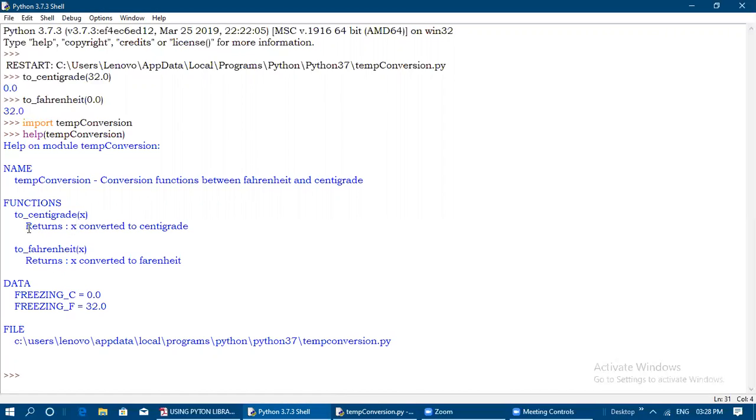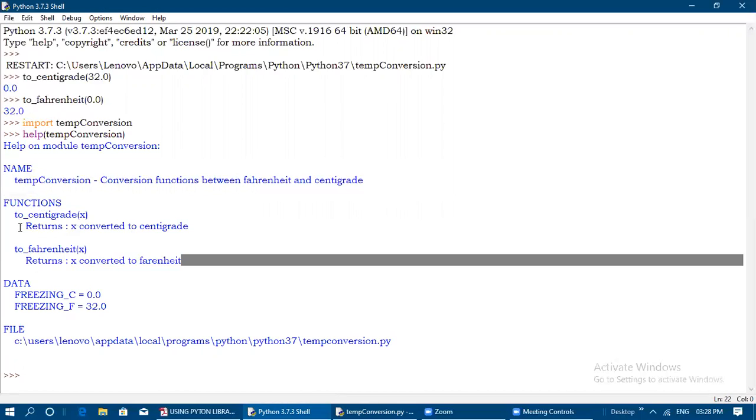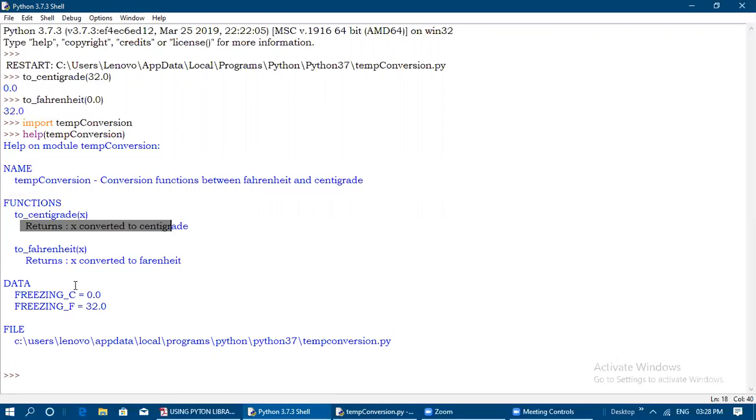The docstrings we have mentioned are also displayed here, along with the document name and the purpose of this module. Under the module name we get this docstring as the document, and every docstring is returned as a document. Constant values are also displayed, and the file name where this file was saved is displayed here.